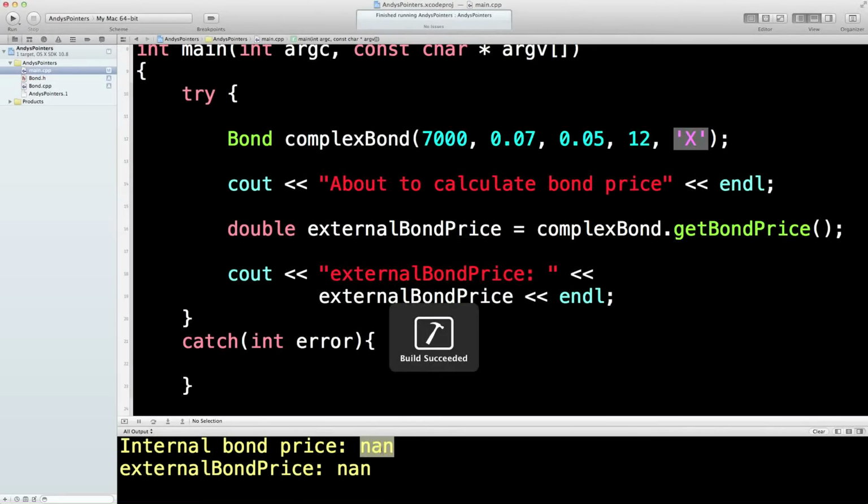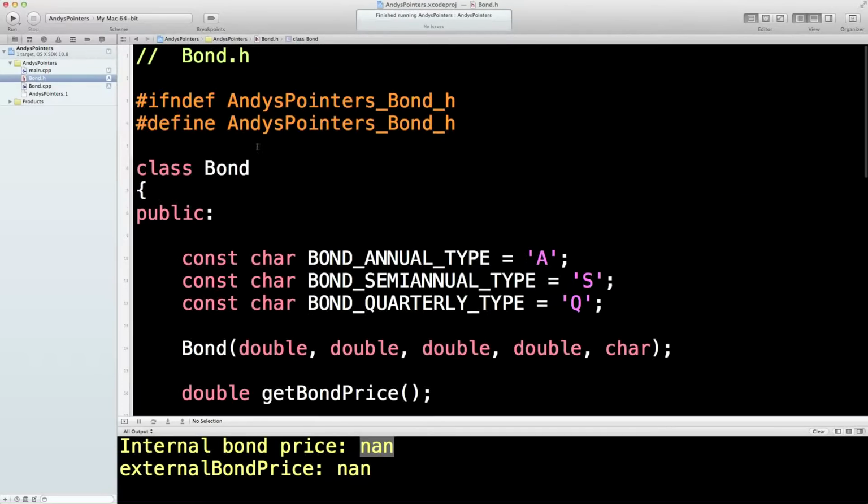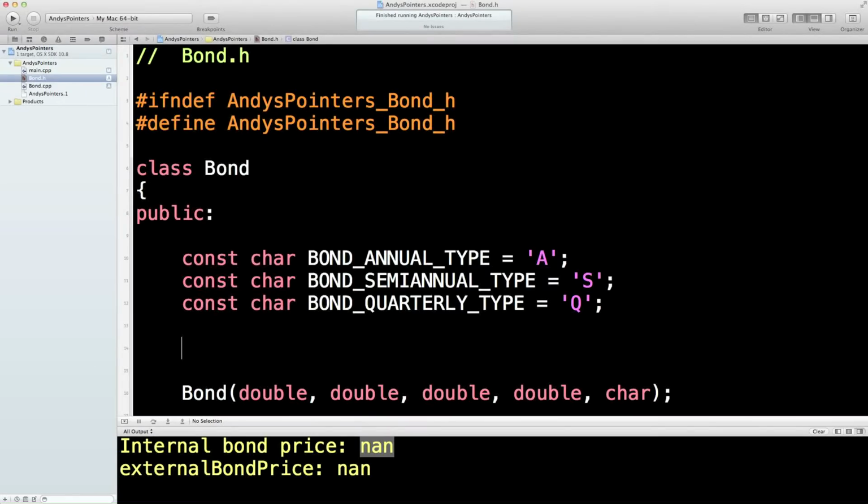So we need to set that up as well, because, I mean, we can run this now and we still get a problem because we catch it, so what? It fails, so what? So what we're going to do is we're going to go into the H file, we're going to create a new error. Now you'd have a lot of these errors, but I'll just have one. I'll say Bond,